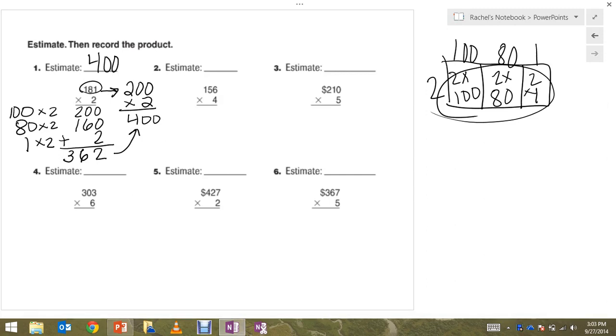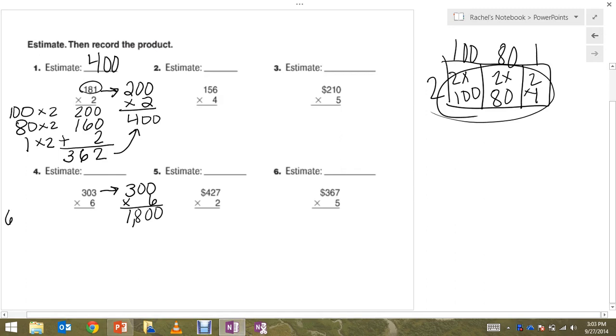Looking at number 4, 303 is close to 300, and multiply by 6. 3 times 6 is 18, and 2 zeros. So our estimate is 1,800. Now for partial products, we're going to record them underneath the problem, thinking of 303 as 300 plus 0 plus 3. 6 times